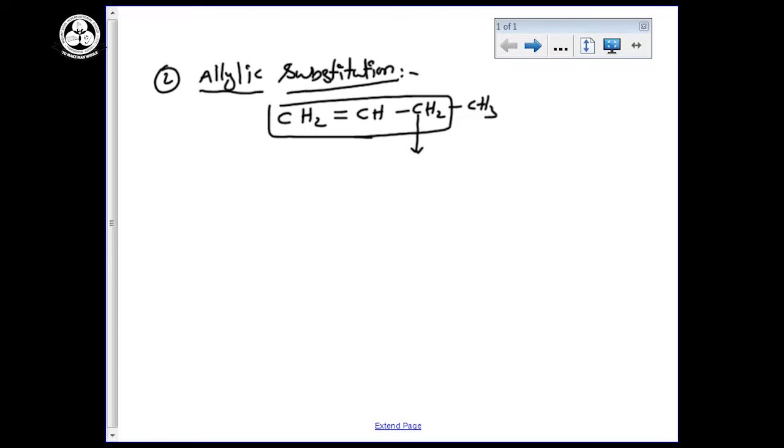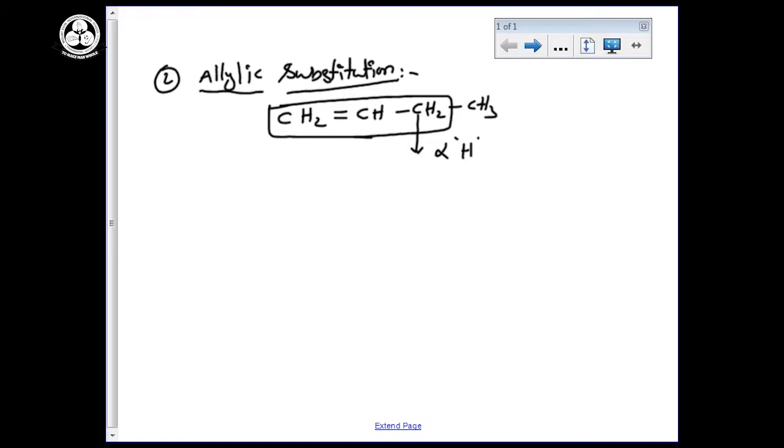containing hydrogens. The double bond can undergo addition. The next carbon is the alpha carbon, and these are the alpha hydrogens, the active hydrogens. Here only we can undergo substitution. If any substitution happens at the carbon next to the double bond having alpha hydrogen, that is the allylic group, so it is called allylic substitution.